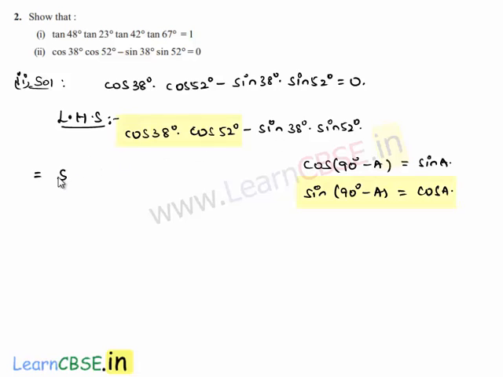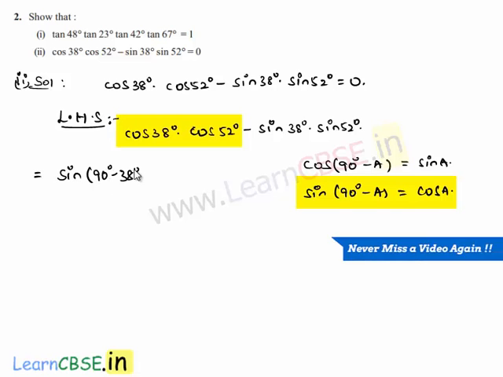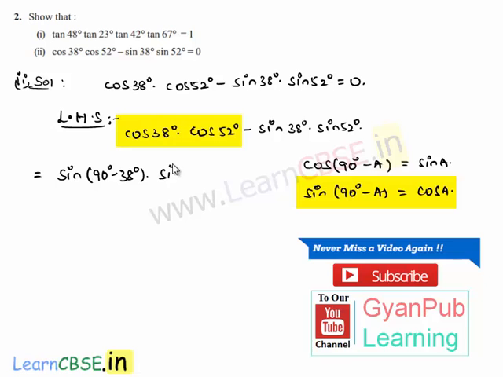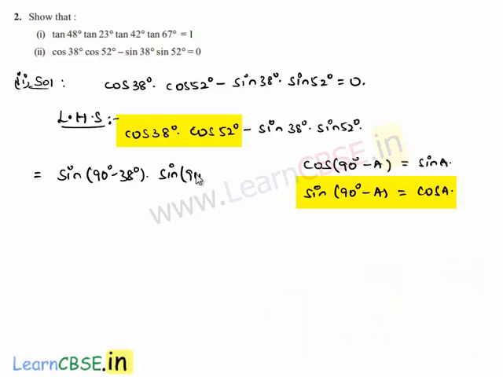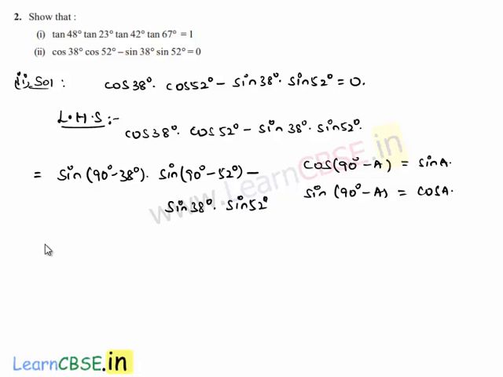So that will be sine of 90 degrees minus 38 degrees into sine of 90 degrees minus 52 degrees, whole minus sine of 38 degrees into sine of 52 degrees,